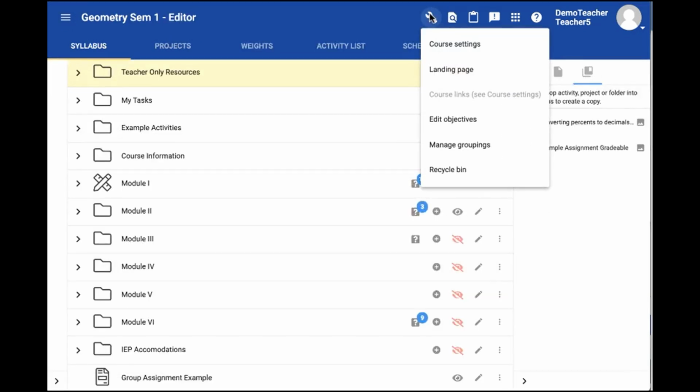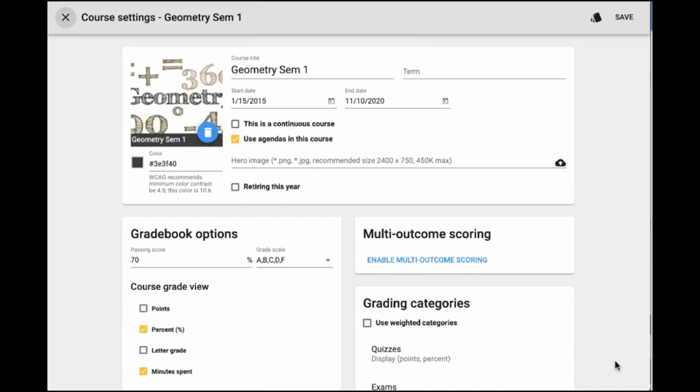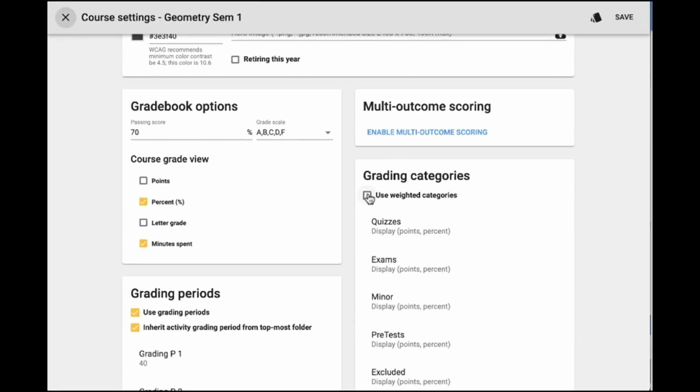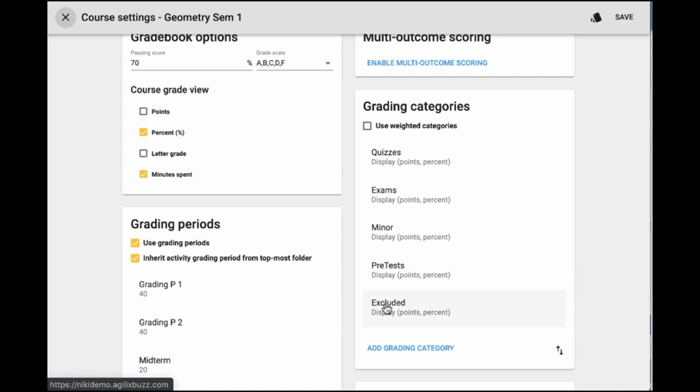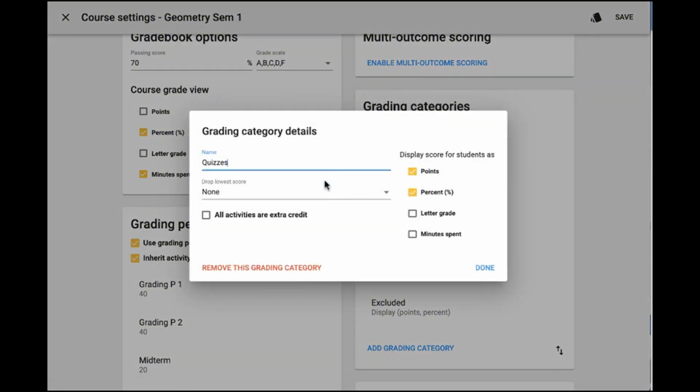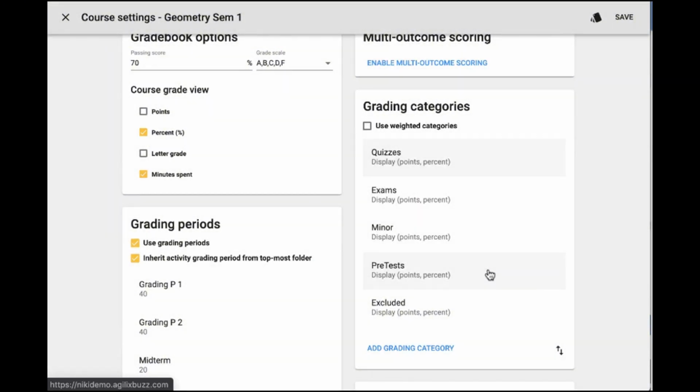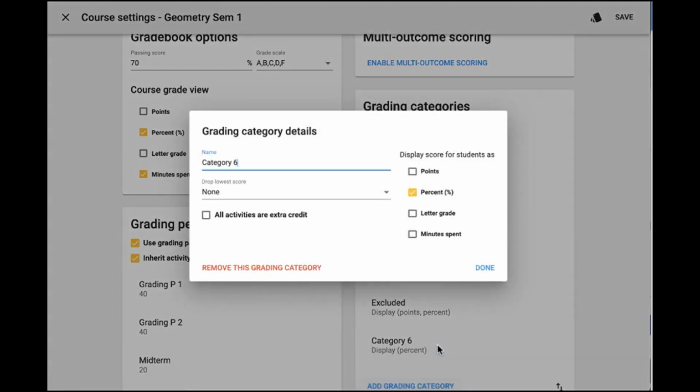Go to your Tools and open Course Settings. Find the Grading Categories section. You may have grading categories already listed for you. If you want to delete a category, select the category and remove it, or click Add Grading Category,